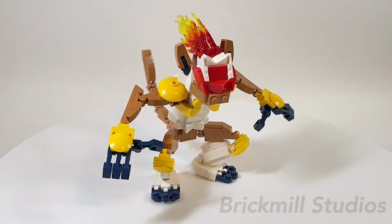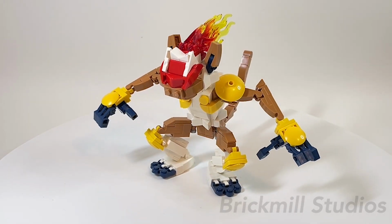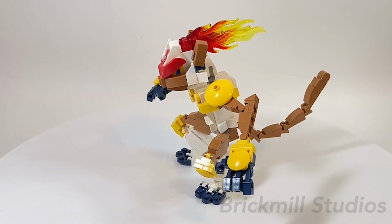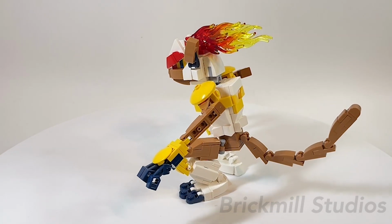I think the dark orange would have matched the official design a bit closer, but it didn't have enough parts that I could use to get the look and articulation that I wanted, so I settled on the medium nougat you see here. I also tried not to use as many ball joint pieces,